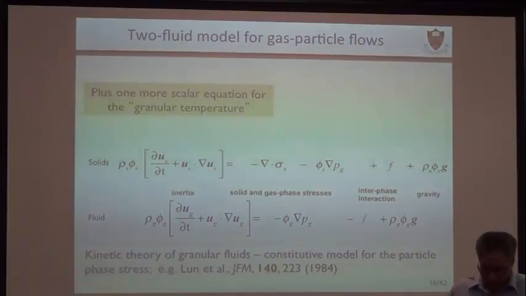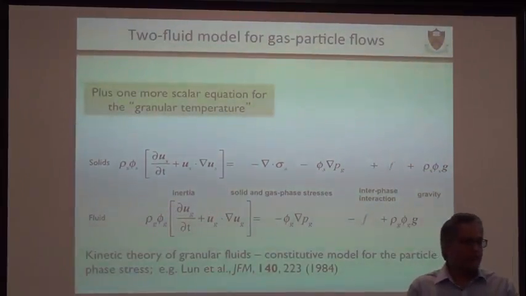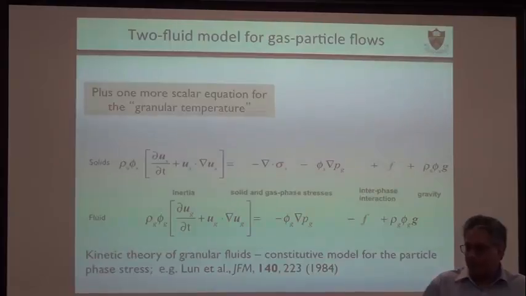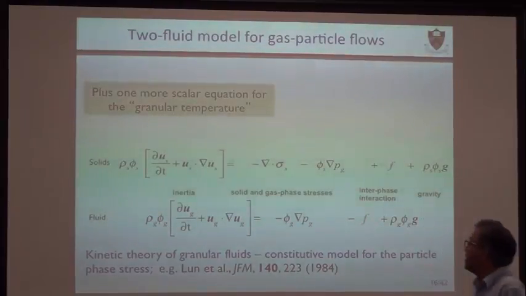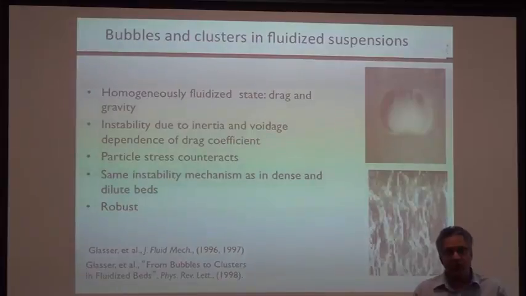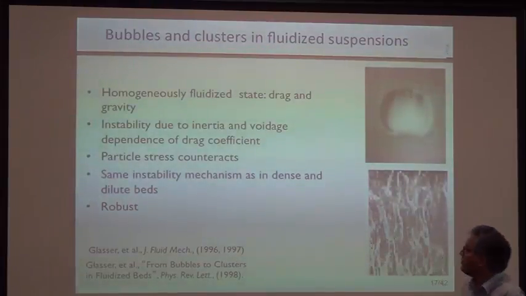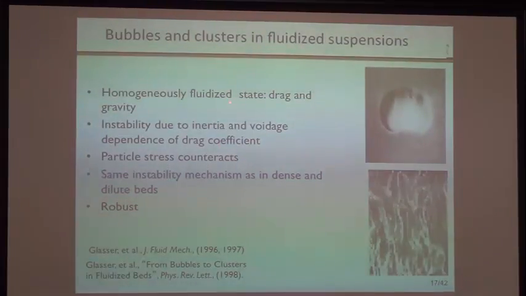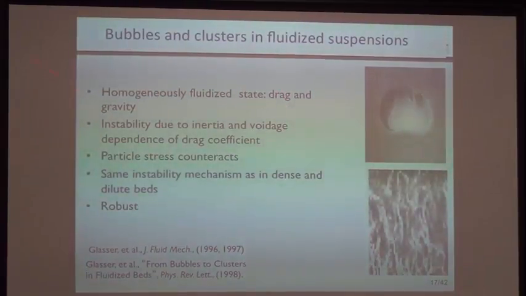So I told you that we have a continuum model framework, and we have terms for all of them. Then the question is, we have everything, so we should be able to solve. But the thing that we did back in the late 90s was to analyze those equations and see if you can predict the behavior. What we showed is that indeed, if you want to get a nice homogeneously fluidized state like here, all you need is drag and gravity, you'll get it. Everybody knows that, the textbook item.